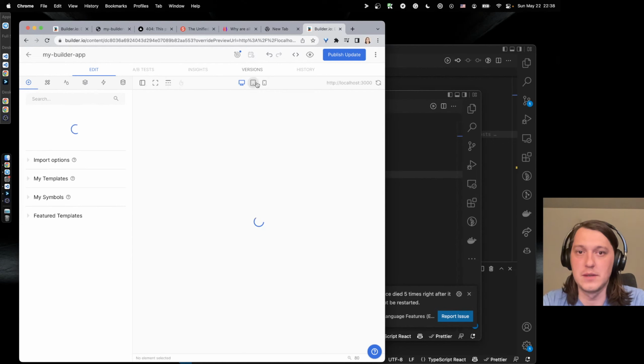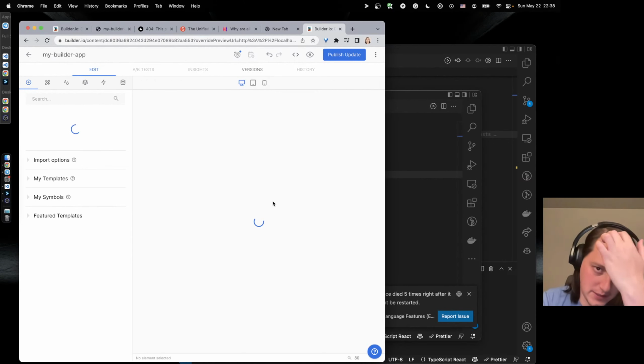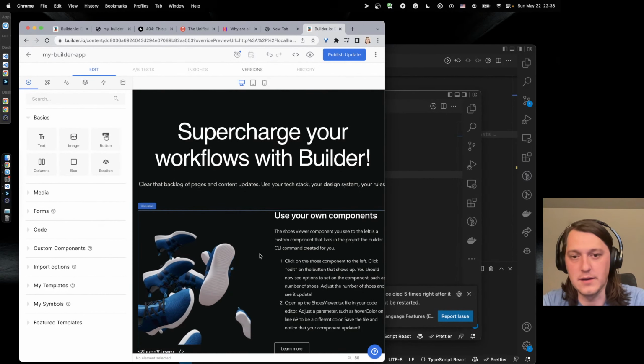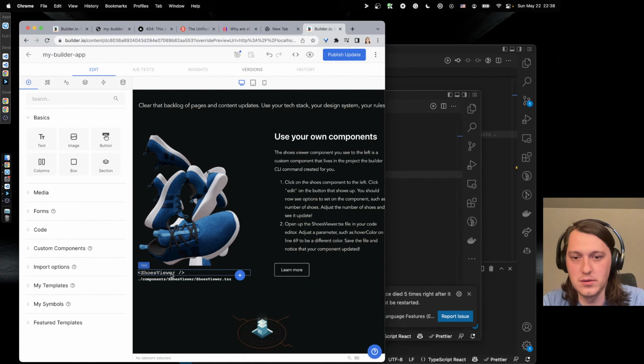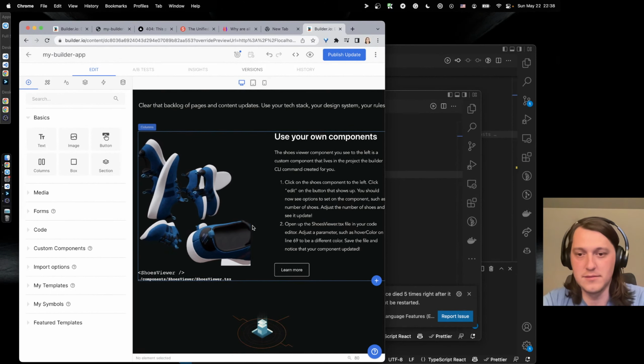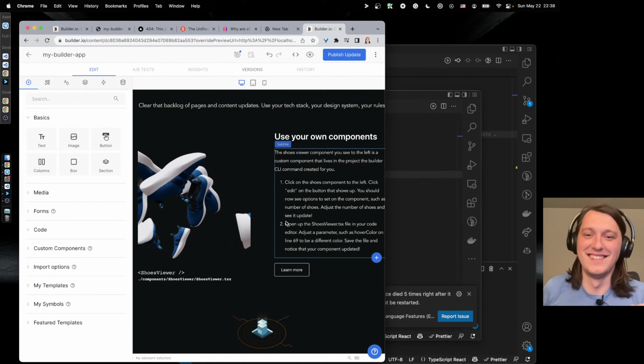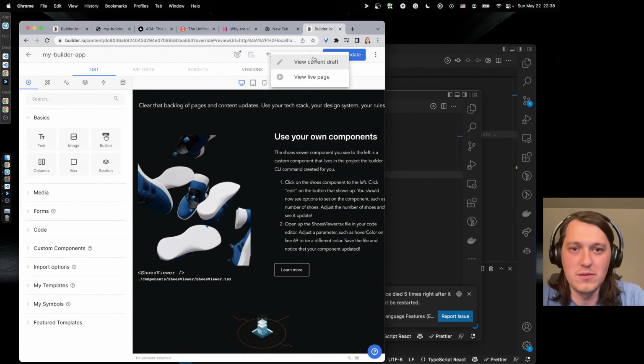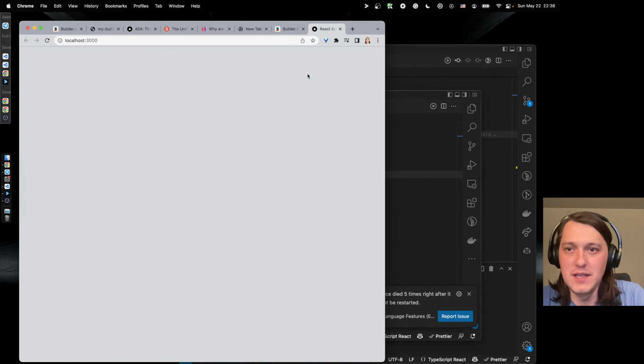Okay, so hopefully this one, yeah, this one is localhost. So this is like the local component, and it works. Okay, so now can we see the page? Yes.